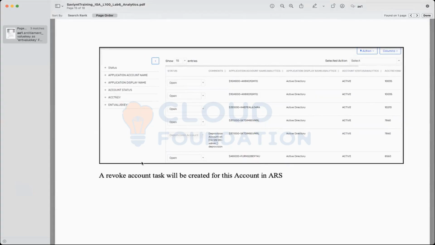Even if you want to revoke access or change the status of the user, you'll still have to run the provisioning job. Because whenever you want to send a request from Saviynt to the target application, it will be through the provisioning job because you're pushing information. Whenever you're pulling information, that will be called reconciliation, right? Yes, that is how analytics works.